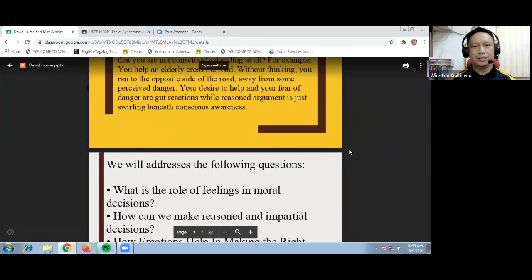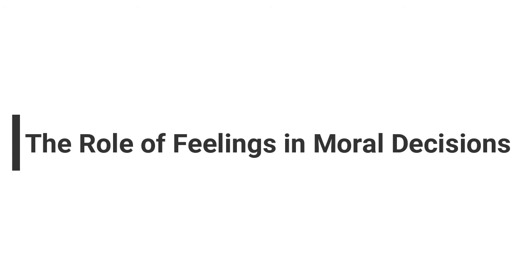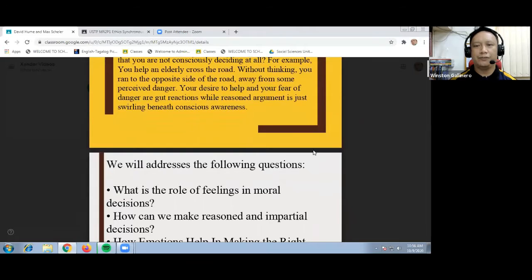Okay, good day. Today's discussion, we will try to answer the question, what is the role of feelings in making moral decisions? We make moral decisions daily. Have you noticed that some decisions are automatic responses and that we are not consciously deciding at all? For example, you help an elderly person cross the road without thinking, you run to the opposite side of the road away from some perceived danger. Your desire to help and your fear of danger are gut reactions, while reasoned argument is just swirling beneath conscious